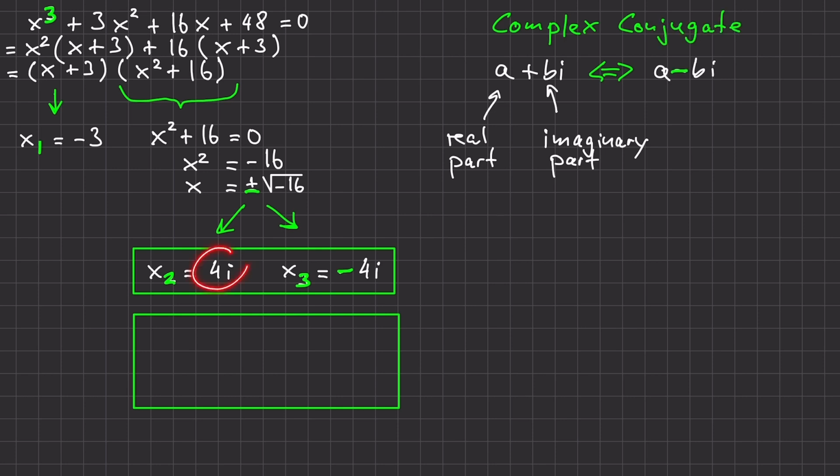When we look at these two zeros, we see that -4i is the complex conjugate of 4i. And this is exactly what the complex conjugates theorem states. It states that if we have a polynomial function with real coefficients, and we have an imaginary number as a zero, like 4i, then -4i is also a zero of the